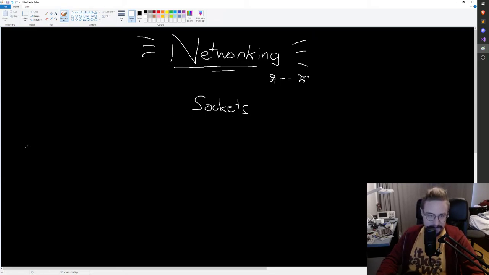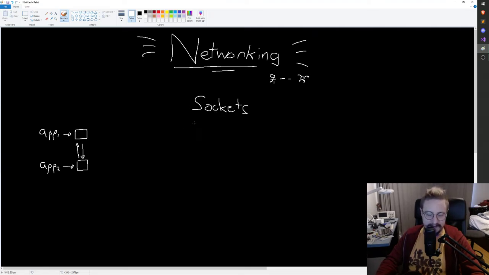So what's a socket? Well, let's say we have an app, app one. App one wants to communicate with app two. What a conundrum. So what these two apps can do is open up a socket on the PC. So they both open up a socket, and then through these sockets, they can communicate with each other. So that's the base level purpose of what a socket is.